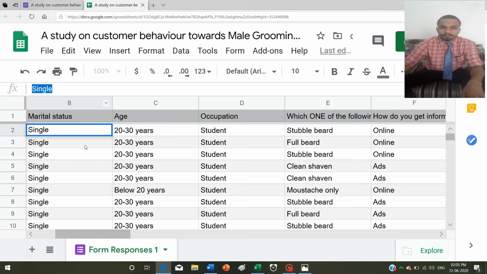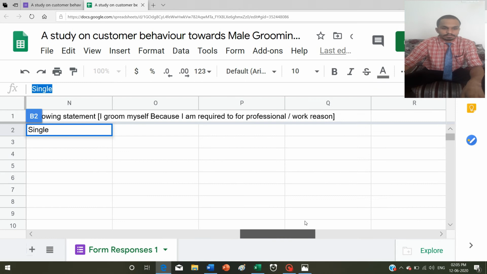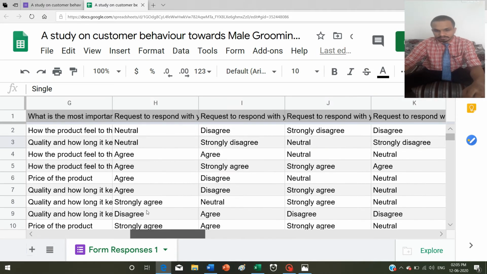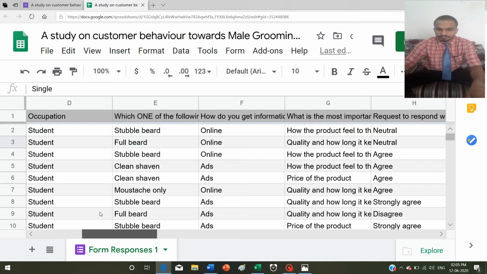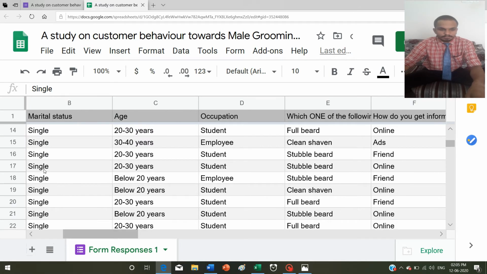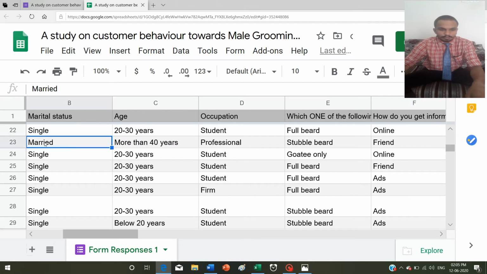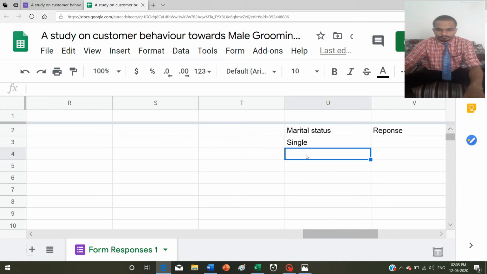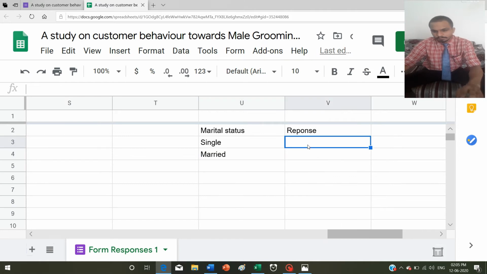I'm doing this because it can save time. Ctrl C, copy and paste it under marital status, the single option, and the next option would be married. Okay, Ctrl C.